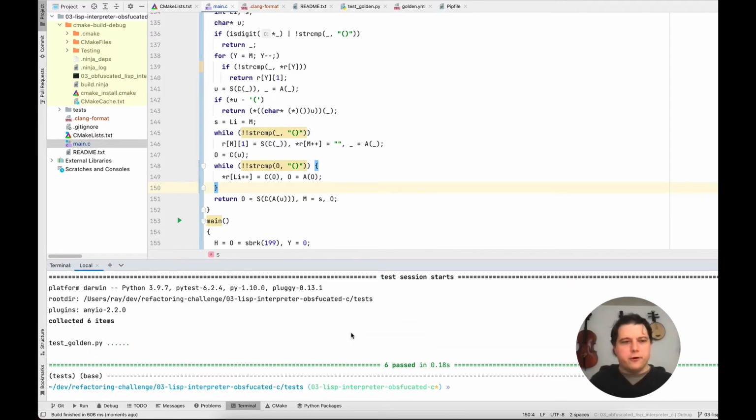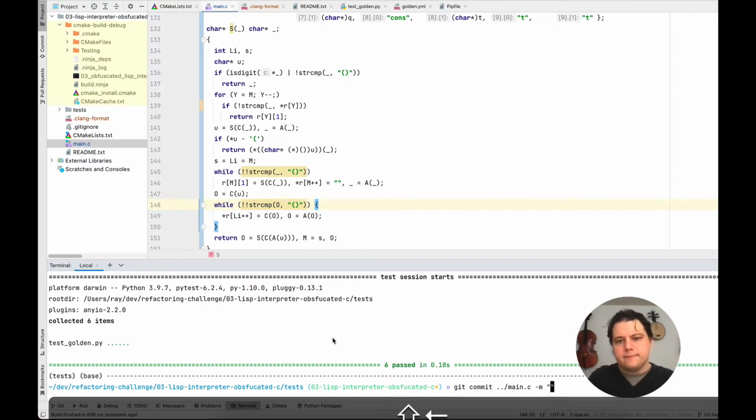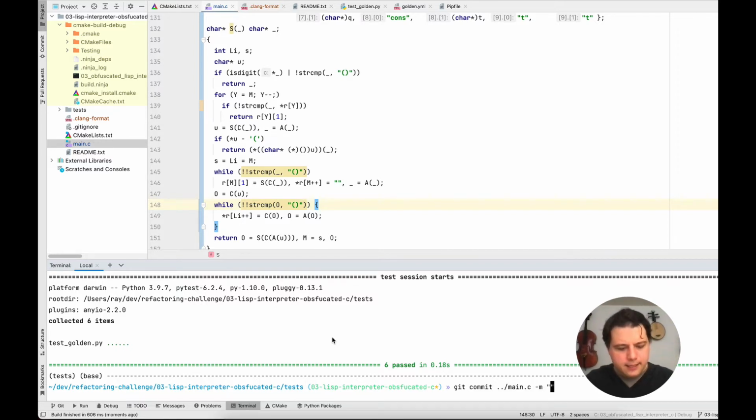It'd be nice to have a make workflow that did the build and ran the test in one step there. We might get to that. Cool. So let's commit as